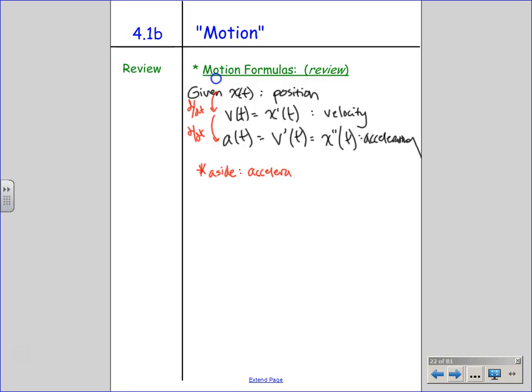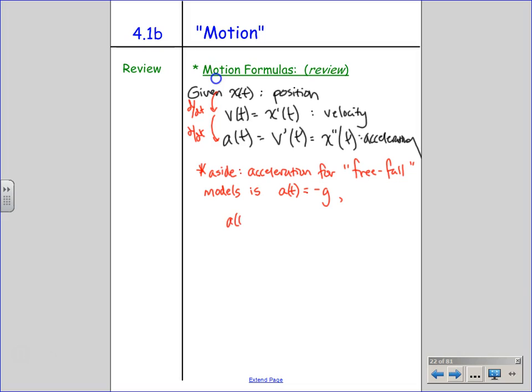Acceleration for, and we are going to call it free fall, is a of t equals negative g. And I think you're going to see this in some of the wordings of your problems. But it's going to come before the problems. It's going to be like a section like you should have read the directions and you're not going to, and then you're like, I don't know what I'm doing. So let me help out.